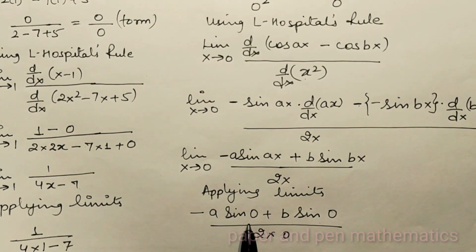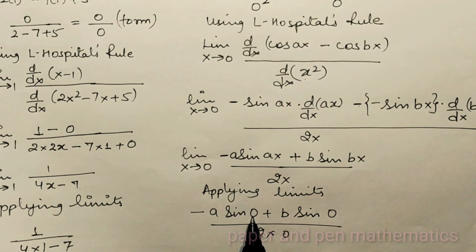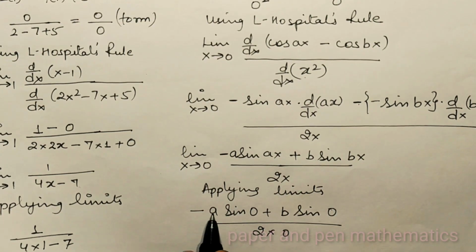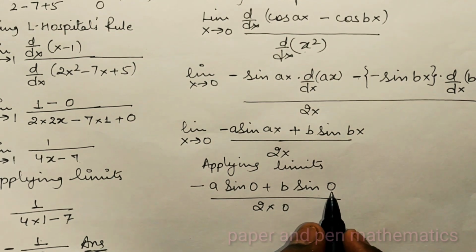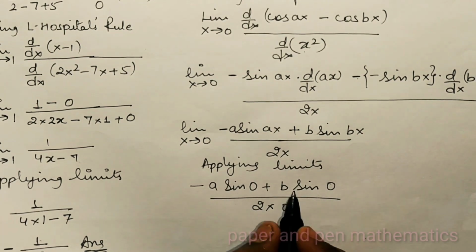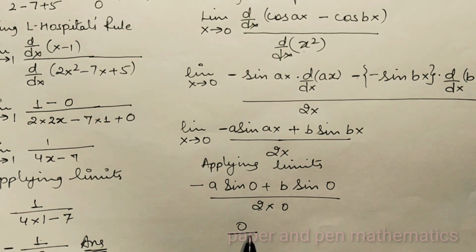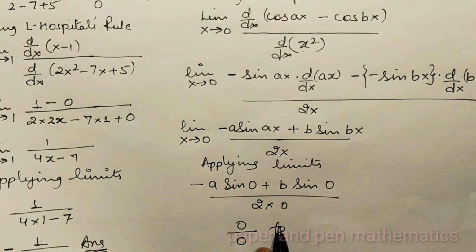Okay, then sine 0 is what? Sine 0 degree is 0, and 0 into minus a will give you 0, plus b into sine 0 degree is 0 again, so 0 plus 0 will give you 0, whole divided by 2 into 0 is 0. Now again we have got